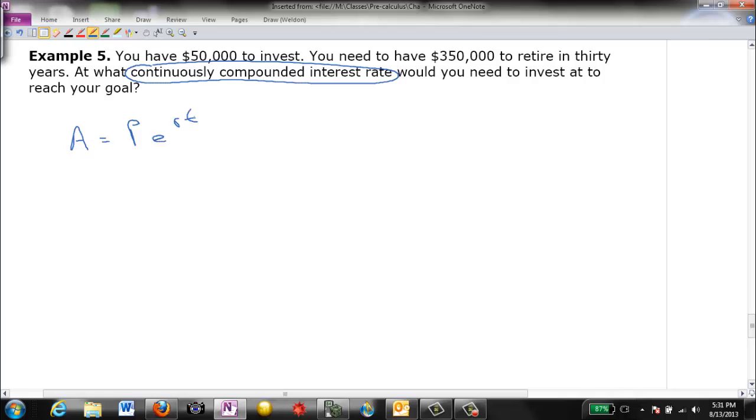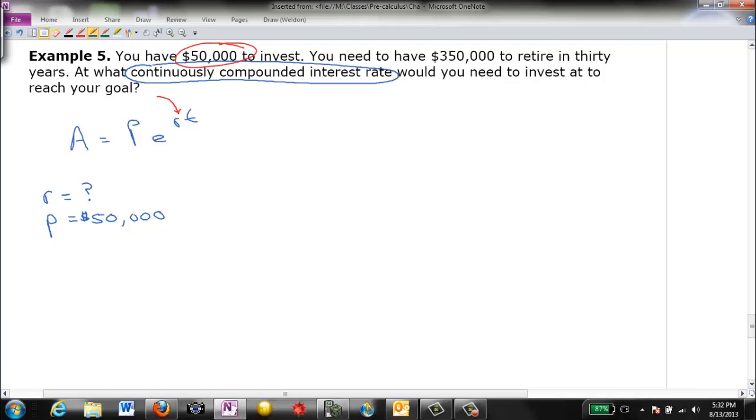And it says at what interest rate, right? So we're looking for the interest rate. r is the variable that we're going to be solving for, right? r is located here in the exponent. That's what we need to find. So let's see how much of the other pieces of information we have. So notice we have 50,000 to invest, so that's going to be P, right? So P equals